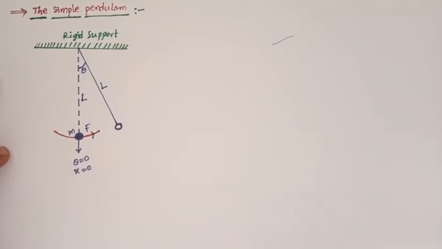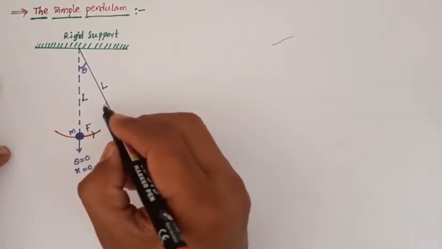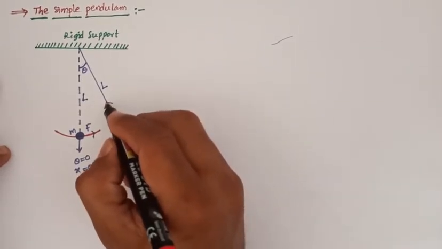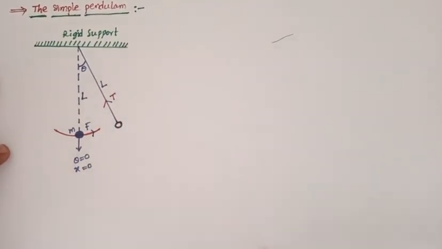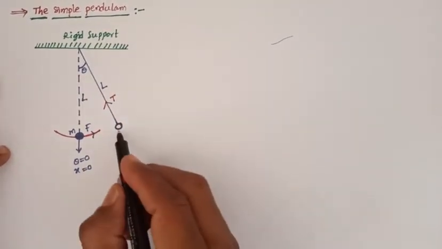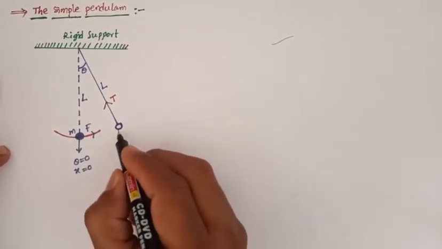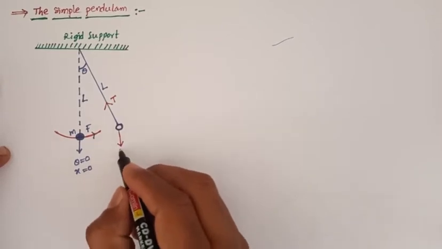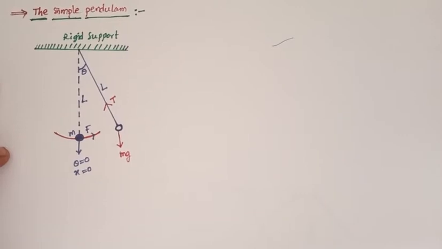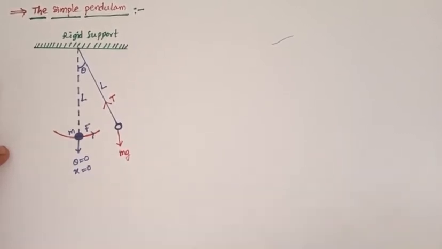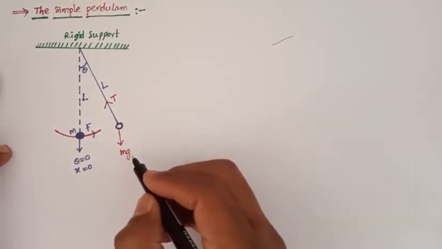The first is the tension force T in the upward direction, and the gravitational force is in the downward direction. So we can resolve this gravitational force